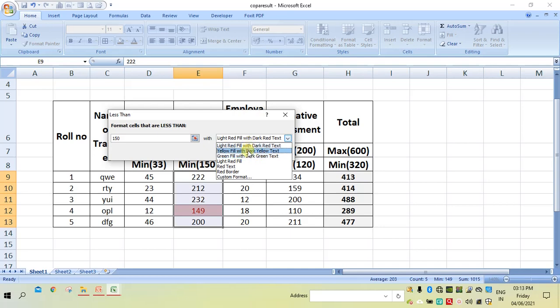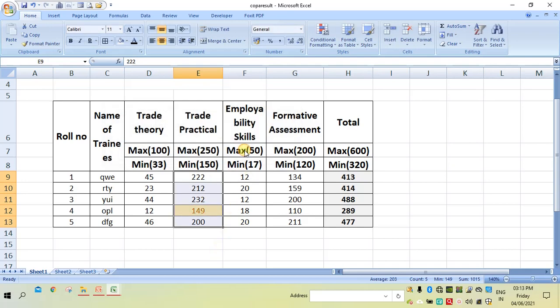Like that there are options. If you want to change to your own format, then you have to go to custom format. Now I will not go to custom format. Among these I will select any one. So I will take a yellow fill with dark yellow text. Then I will say OK.